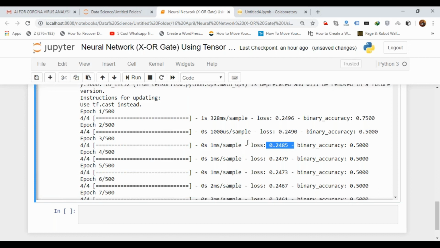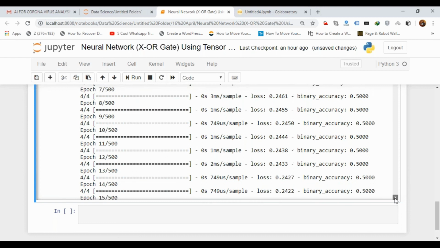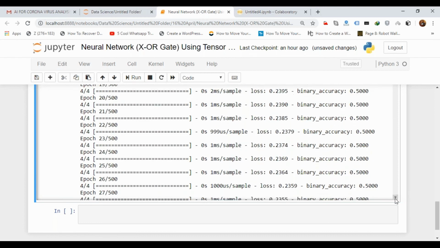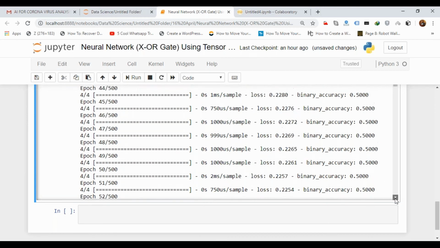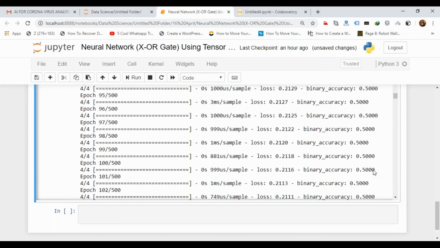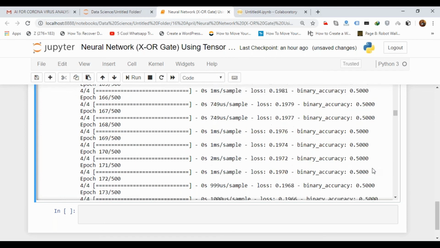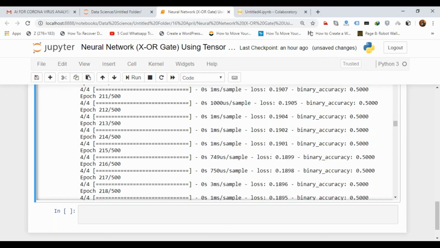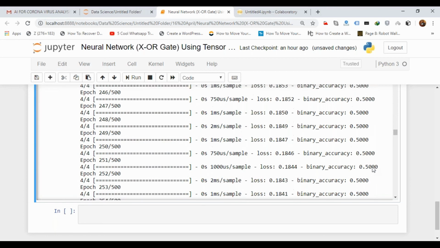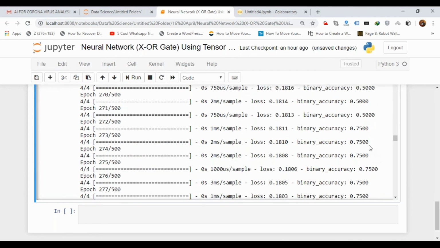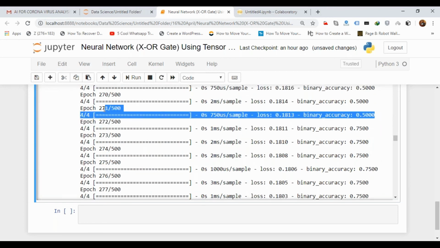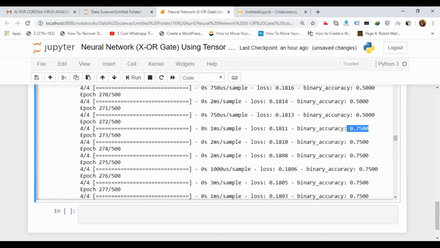Then every step the loss is being reduced and the accuracy is constant, till 271 iterations.